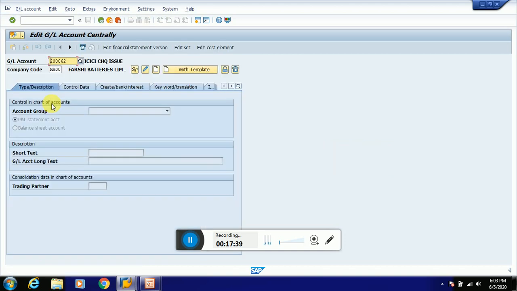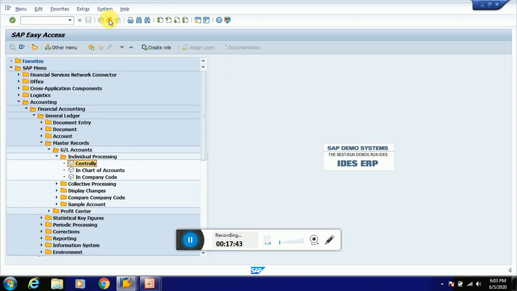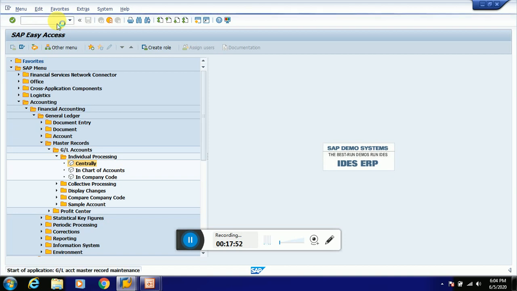So we'll come to this screen. Now I will show you the T code also. FS00 is the T code for the creation of GL master data centrally. Press enter.